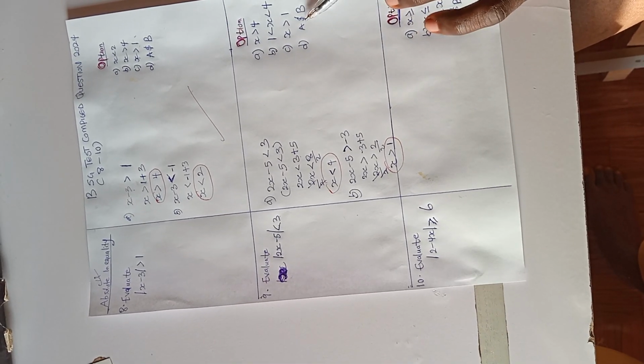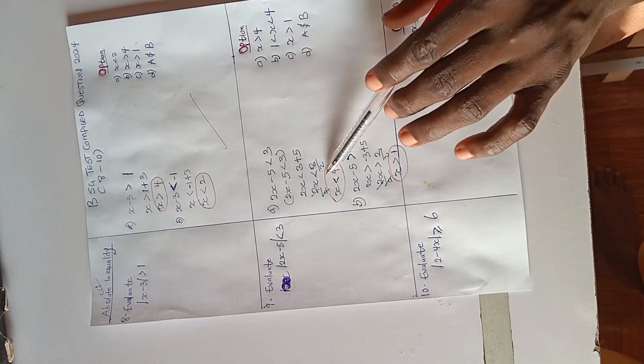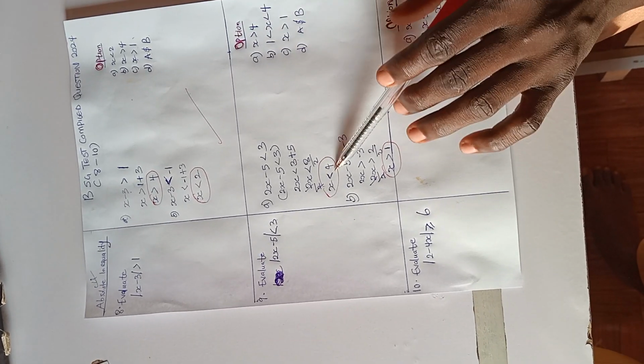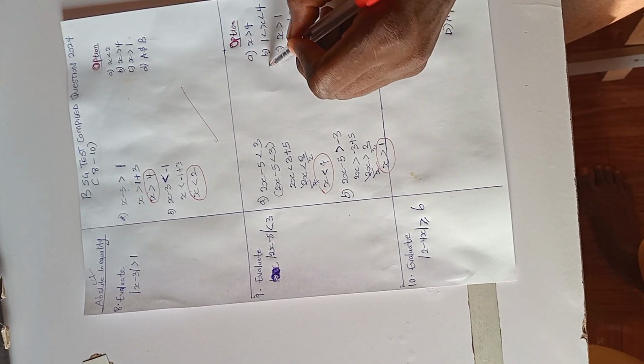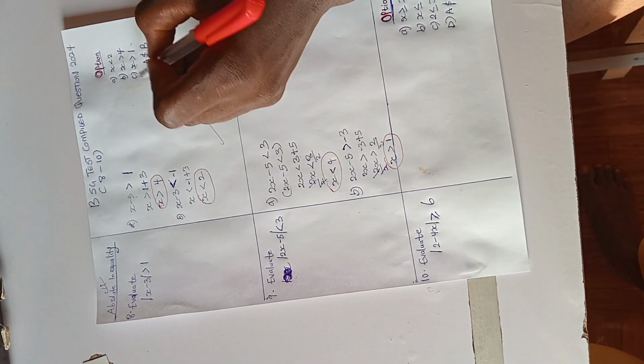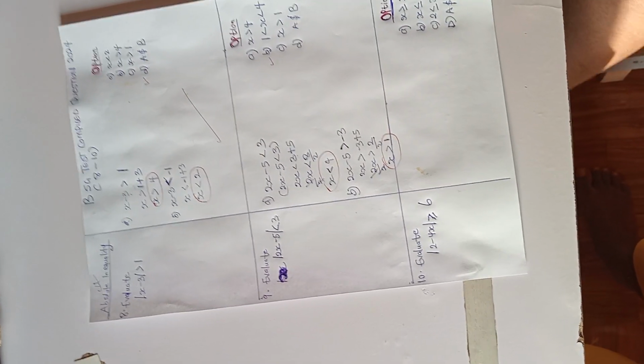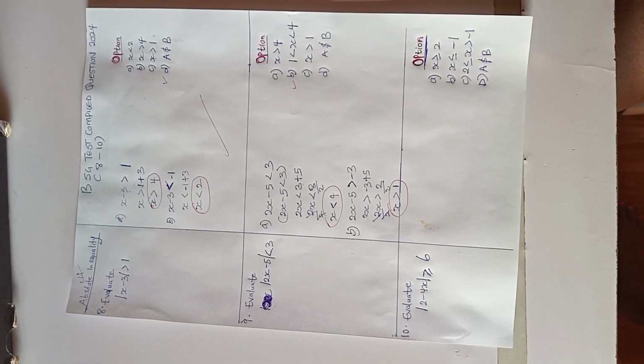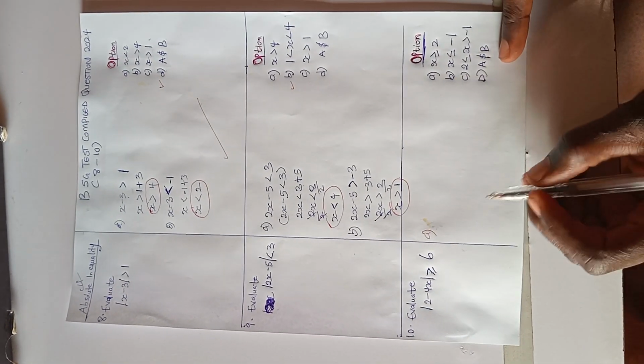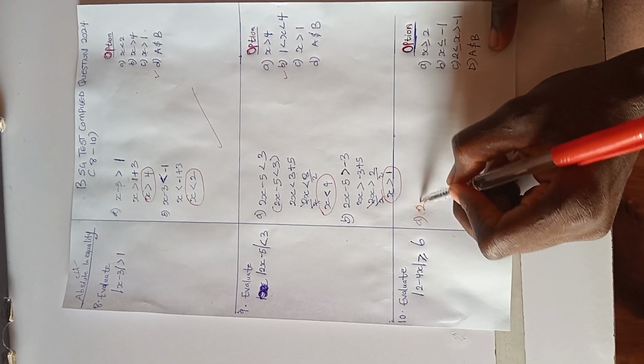So A and B is wrong, because A is not even part of our answer: x greater than 4 is not x less than 4. So the right option here is option D. You get it? And in this one, in a similar manner, just for the first instance, make sure you go